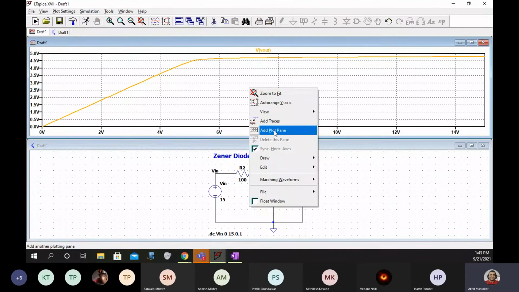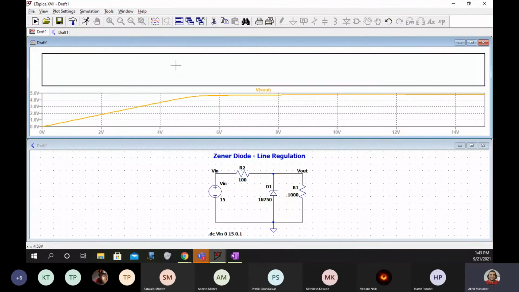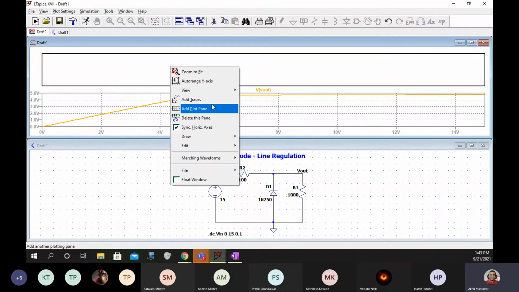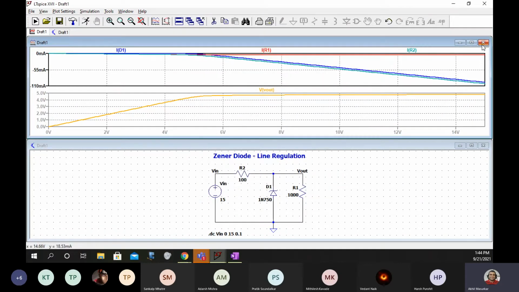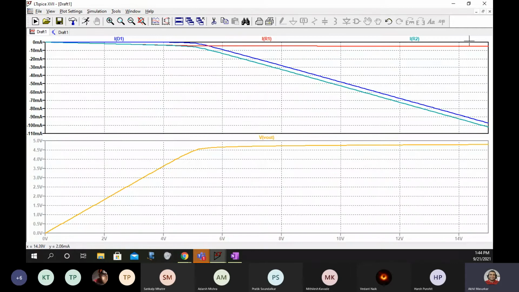To avoid confusion, I am adding a plot plane, and in this plane I will add trace ID1, IR1, IR2, because these are the currents which I should get. So all of you should get these two graphs.